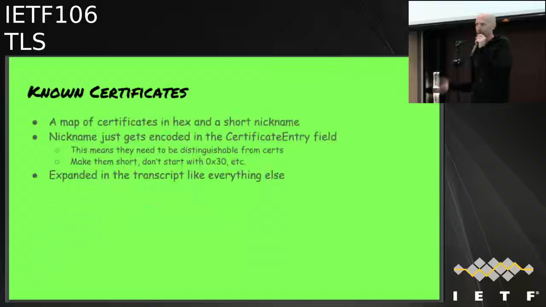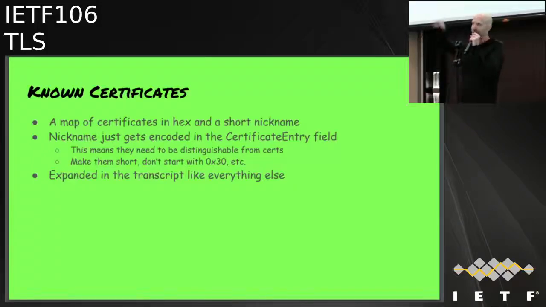One special point which is worth getting at is the known certificates. In any real situation, a vast majority of the data on the wire is the certificates themselves, so you need some way to compress them. There's some nice work by, I'm trying to remember who did this work, some people about compressing certificates generically using compression algorithms, but you can do much better if you actually know what the certificates are. And so Richard had this great idea of you basically have a map of the certificates,